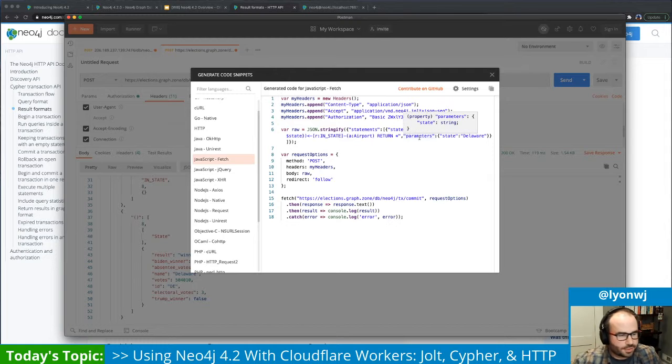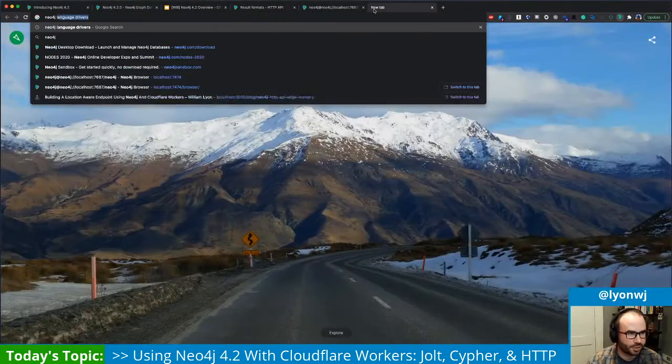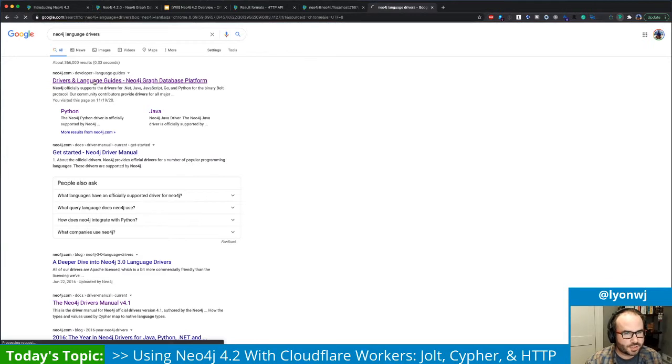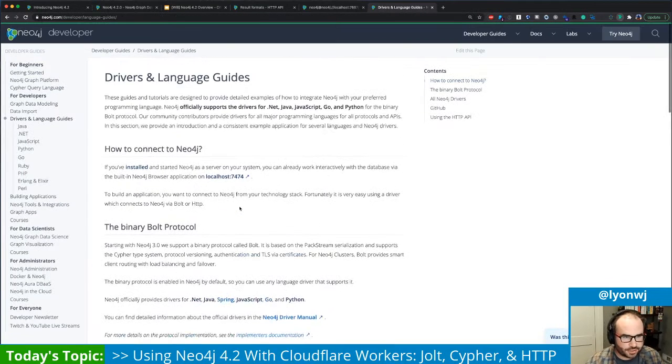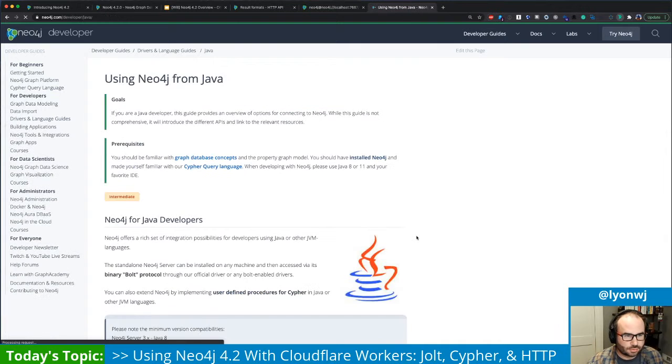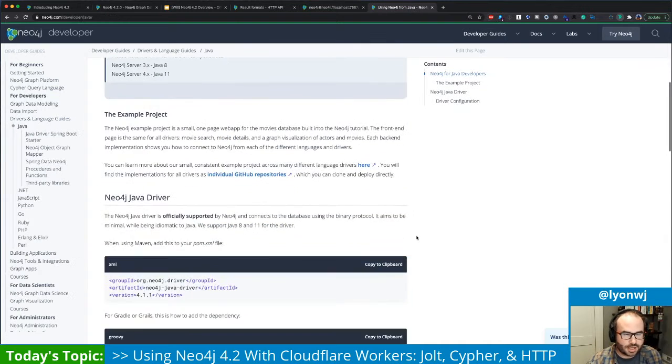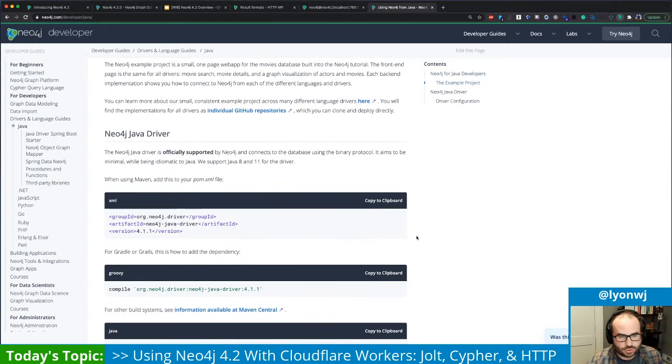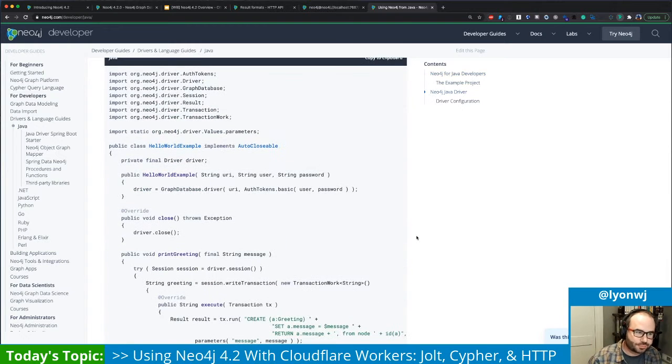Okay, so this all seems fine. Like we said, most of the time we're using the Neo4j language drivers. So let's look at those for a minute. Most of the time we're using one of these language drivers to talk to Neo4j in the language of whatever I'm using to build my application. And under the scenes, this is using Bolt so that it is fast, streaming, compressed,